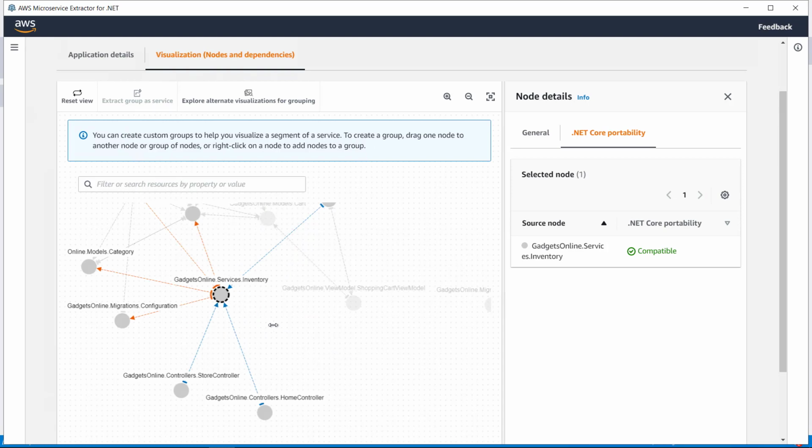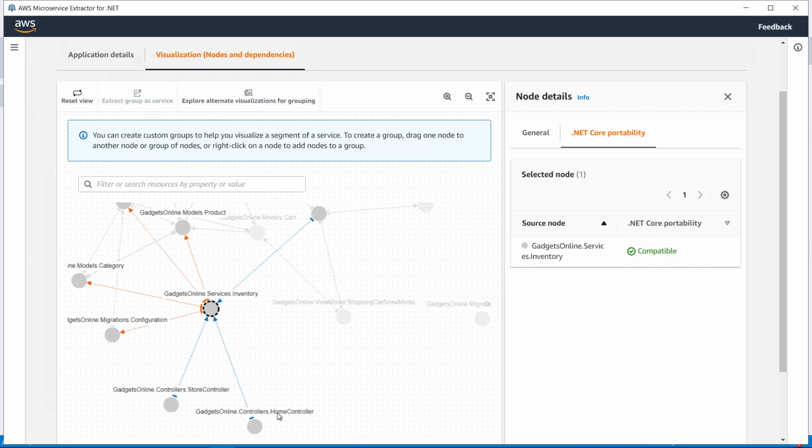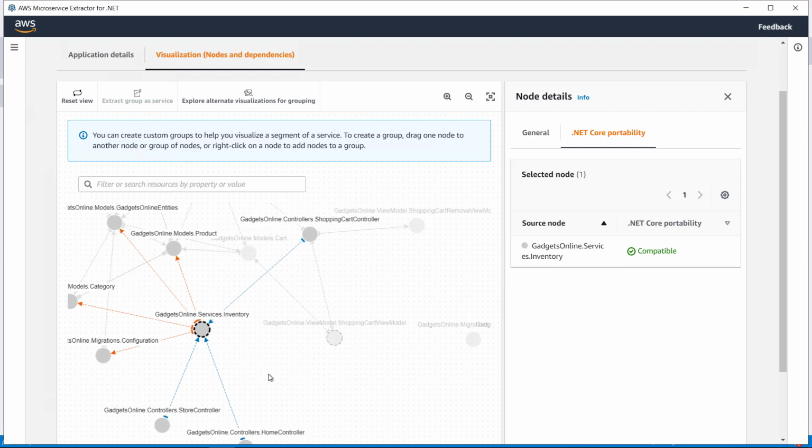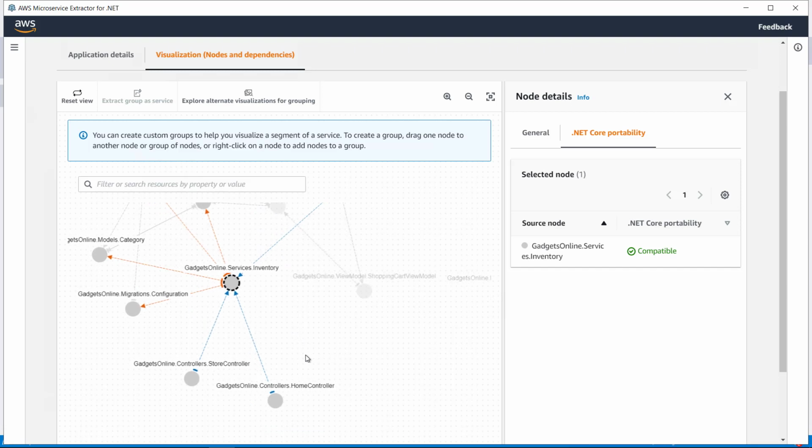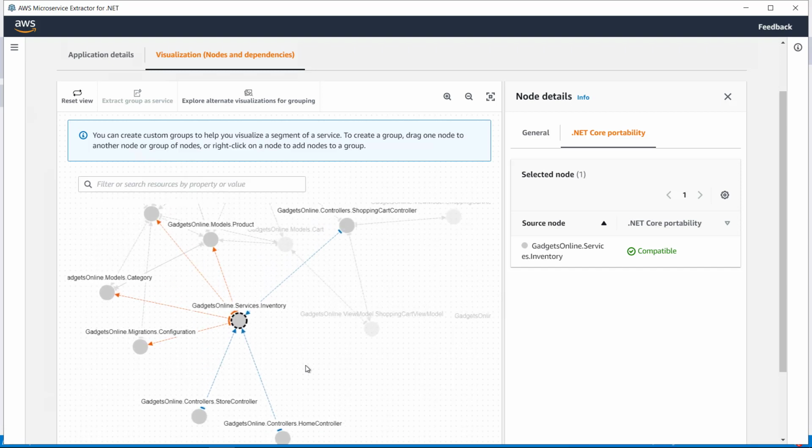Similarly, these blue arrows denote an incoming dependency in my inventory class. You can see my inventory class currently is used by my home controller, store controller, as well as shopping cart controller. Another important thing to notice here is since we had the usage metrics,